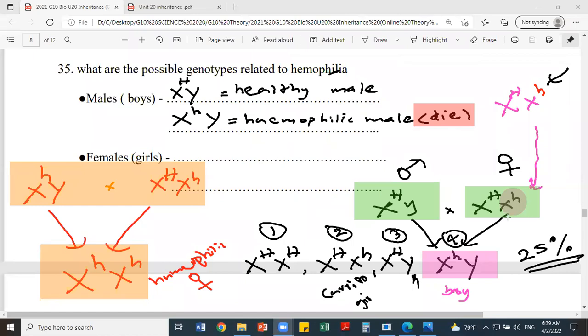Nisula, yes, what is the reason? Because the hemophilic boys die at birth. Very good, Nisula. Okay, he gave the answer. Because they die before they get matured. You can search on the internet. So there are no hemophilic fathers in this world. Hemophilic grandfathers not possible. Since most of the males die at birth